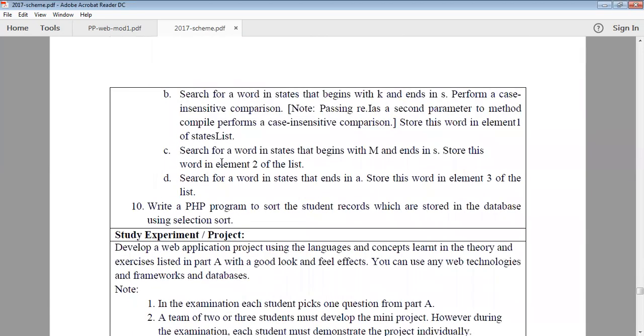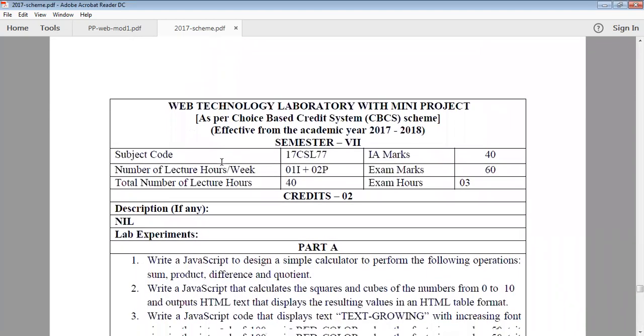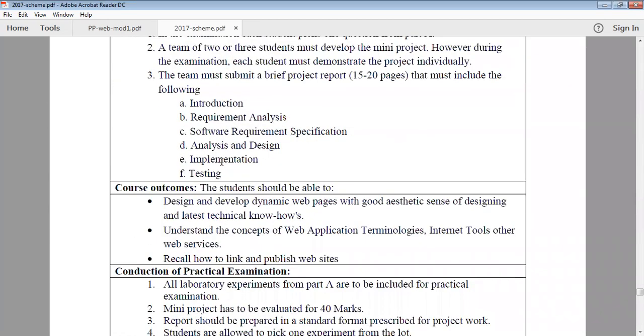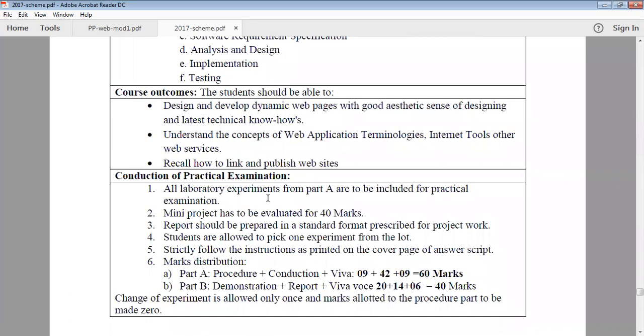So here in lab, 50 marks per program, and then 30 marks we have remaining. For you, the syllabus is changed, right? All laboratory experiments from part A are included in the practical exam, and the mini project is to be evaluated for 40 marks. So for 60 marks, there are your 10 programs: any one program you have to pick and execute. And the remaining 40 marks are for your